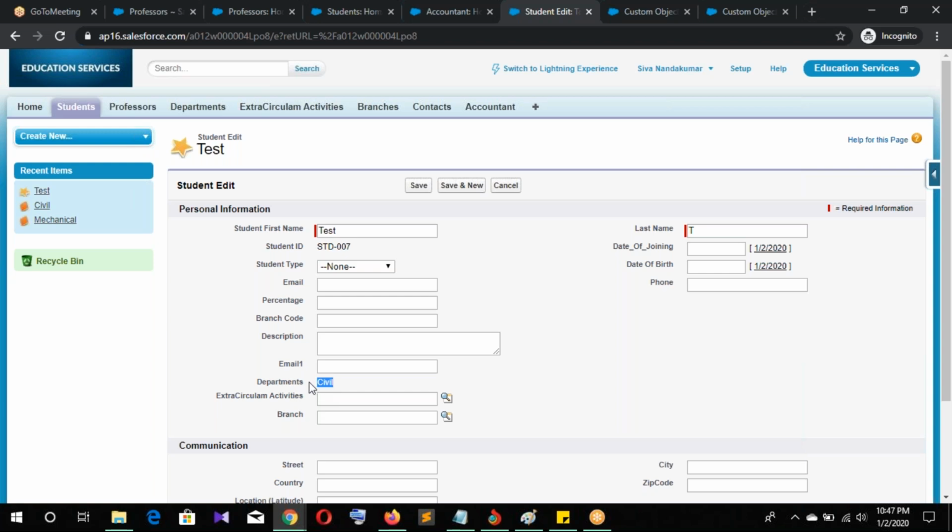Yes, you want to change it? Yeah, I want to change Civil to Mechanical. How?